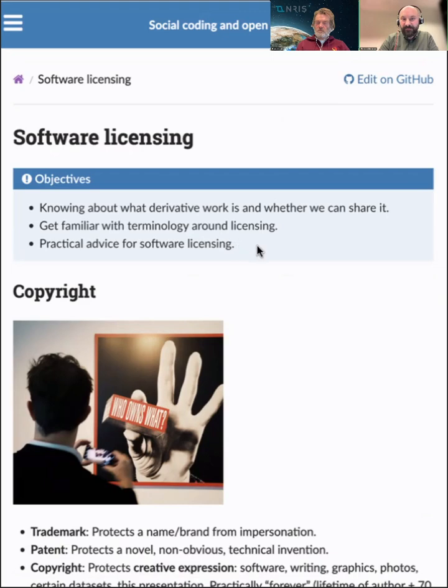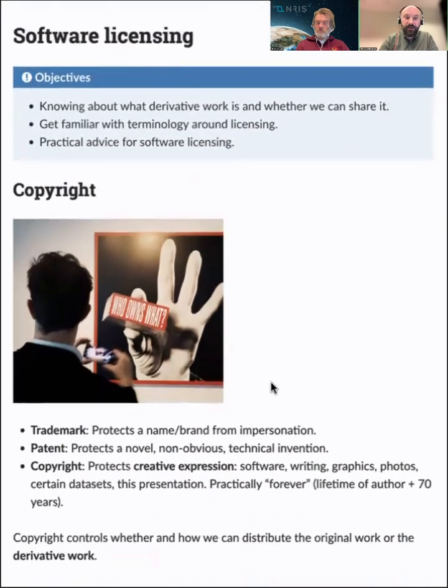More generally, as I mentioned earlier, it's important to get familiar with the terminology. It might be that you don't need it today, and that you will have helpers at your research organization or even in a company when it comes to issues that start to become legal issues. But in general, it's important that you are aware of these things if you work with software.